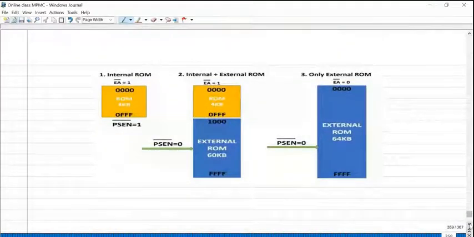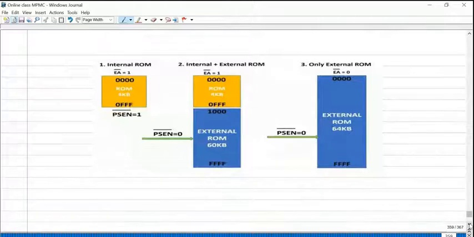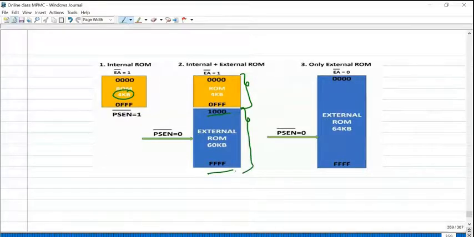Okay, so we shall recall the internal architecture of the microcontroller. It has internal RAM, up to 4 KB of internal ROM memory, read-only memory. Address from 0000 to 0FFF. Usually the external access pin is kept at logic high, which represents 0000 to 0FFF from internal ROM, internal read-only memory. Address information from 1000 to FFFF represents external ROM memory.